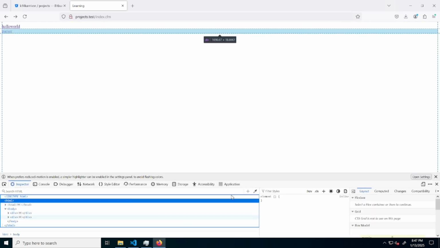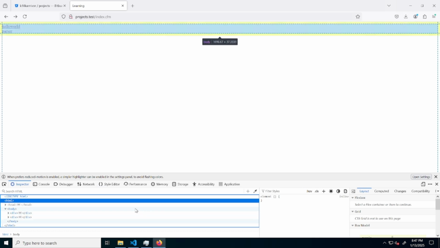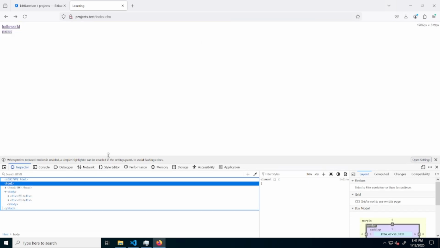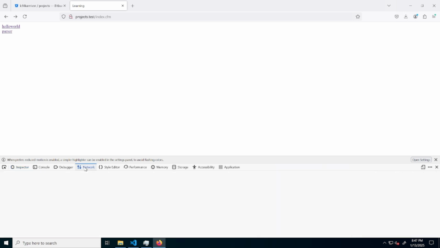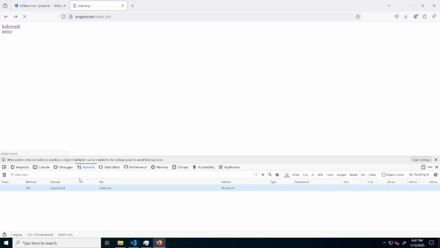This toolbar, you can open it up other ways. You've got the little hamburger menu up here. You can also use F12. You're going to use this tool quite a bit as well, specifically the inspector tool, the console tool, and the network tool. So, as an example here, just covering the network, we can see